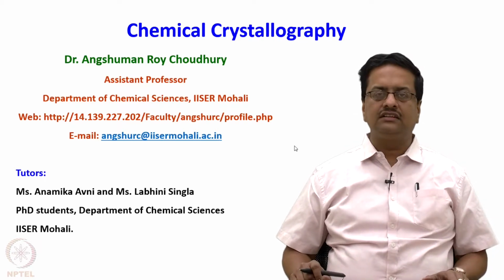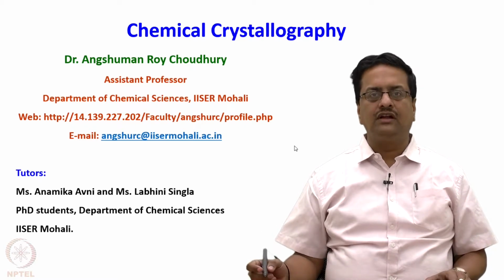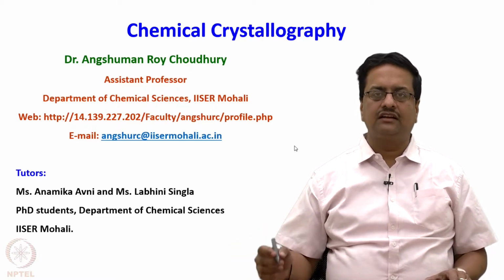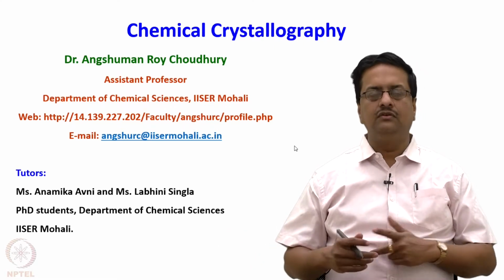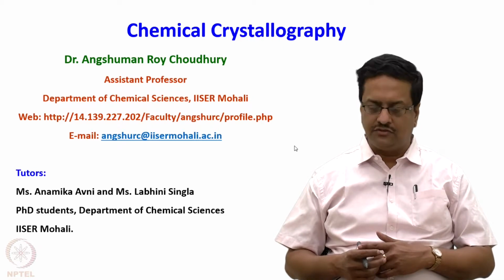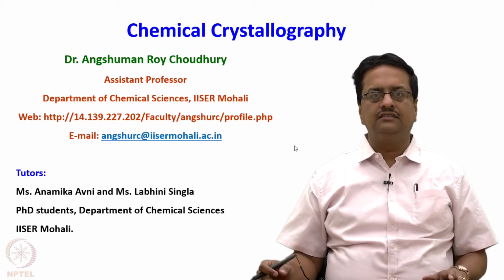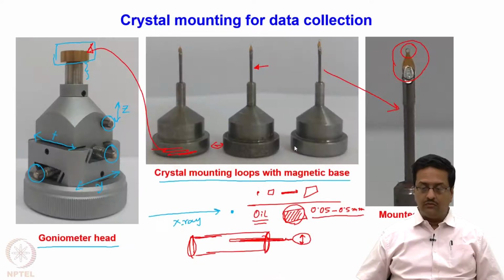While discussing crystallization processes, we also talked about how one should identify and choose a crystal for a diffraction experiment. One should look at the crystal under an optical polarizing microscope and use the analyzer efficiently to identify the